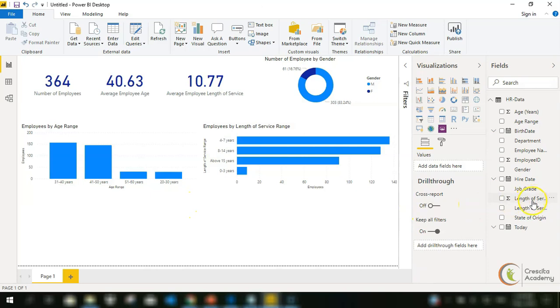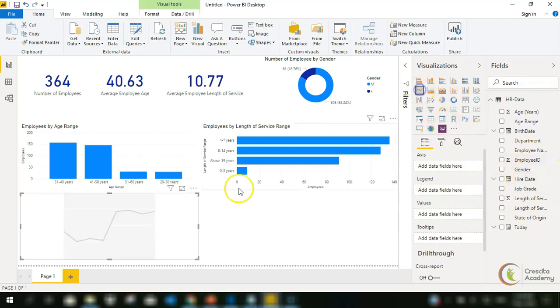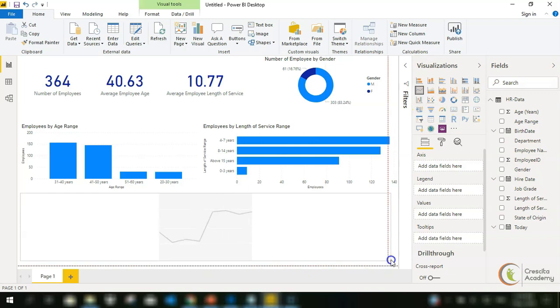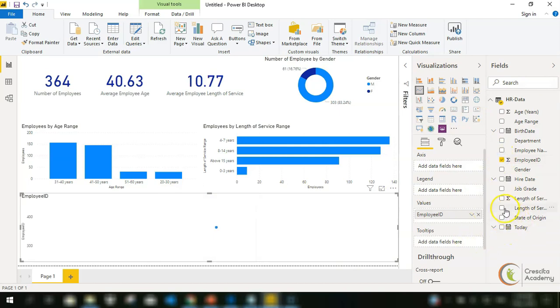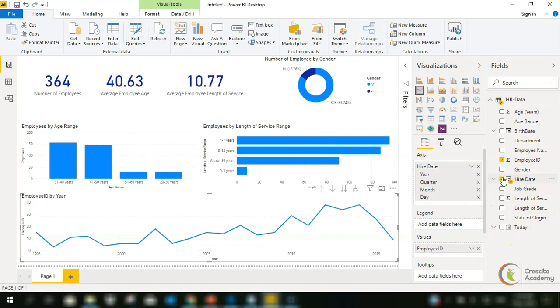The last part is a simple dashboard or simple report that I want to create. The next thing is the hire date, numbers of employees. This time around, I want a line graph somewhere here. So I need the employee ID to be plotted against the hire date. And there you are, number of employees